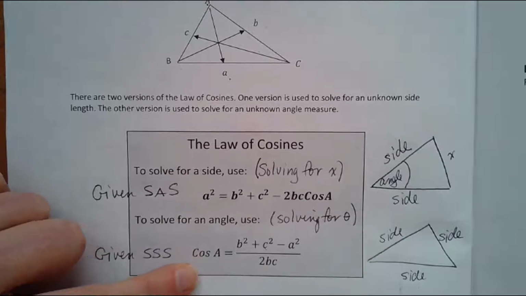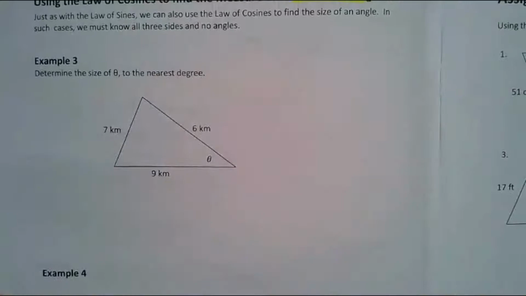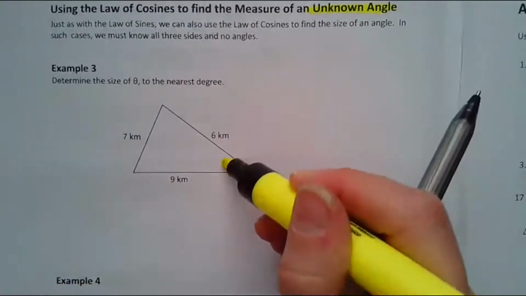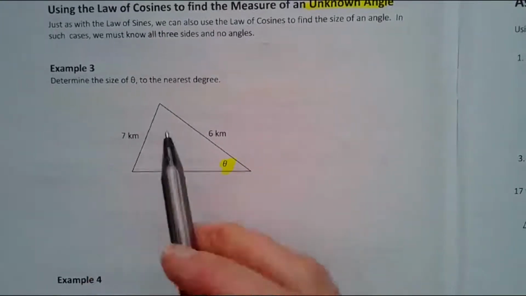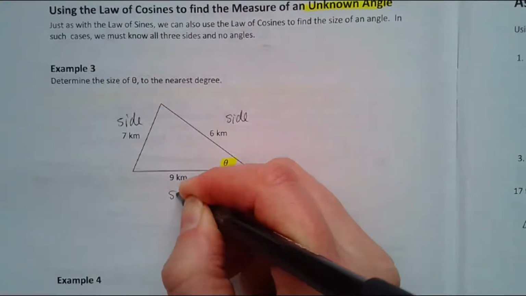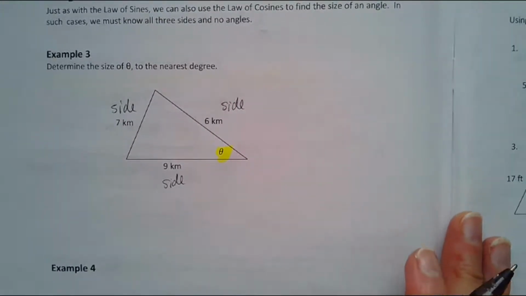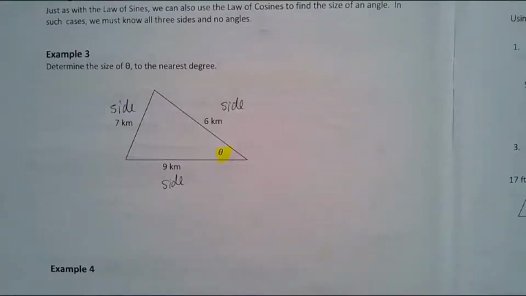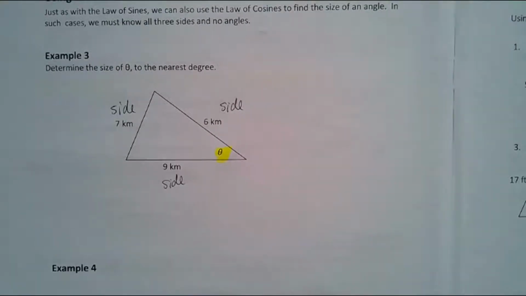It's just been isolated in a different way. So when we're solving for an angle, we obviously know we're solving for an angle because there's a theta and it's a solve for theta. And you'll notice this is a law of cosines question because the info you're given is side, side, side. You're not given any angle measures. Therefore, it's definitely not a law of sines question. We can't set up a law of sines because there's no angle measure. We don't have a complete partnership. So therefore,